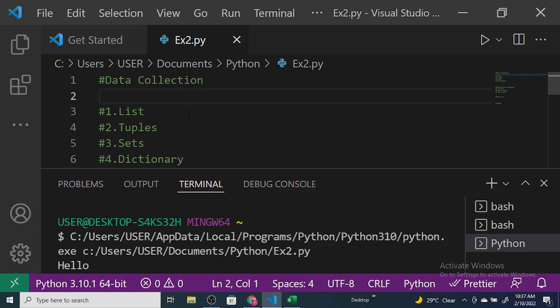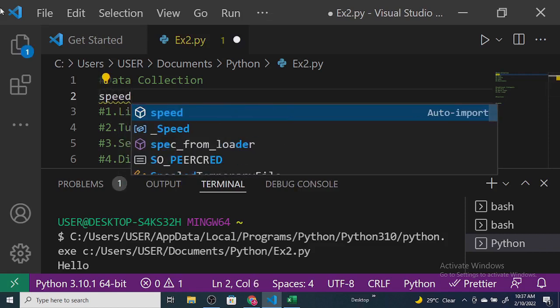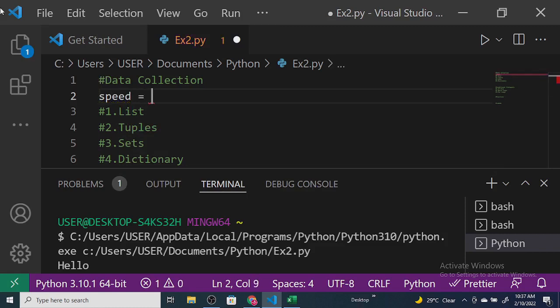So now, what is a data collection? Traditionally, what we've been doing in the previous video, we're storing one data item at a time. So for instance, if we store speed equals to 100, this is one item being stored. What if we wanted to store multiple speed data? Or let's say fruits